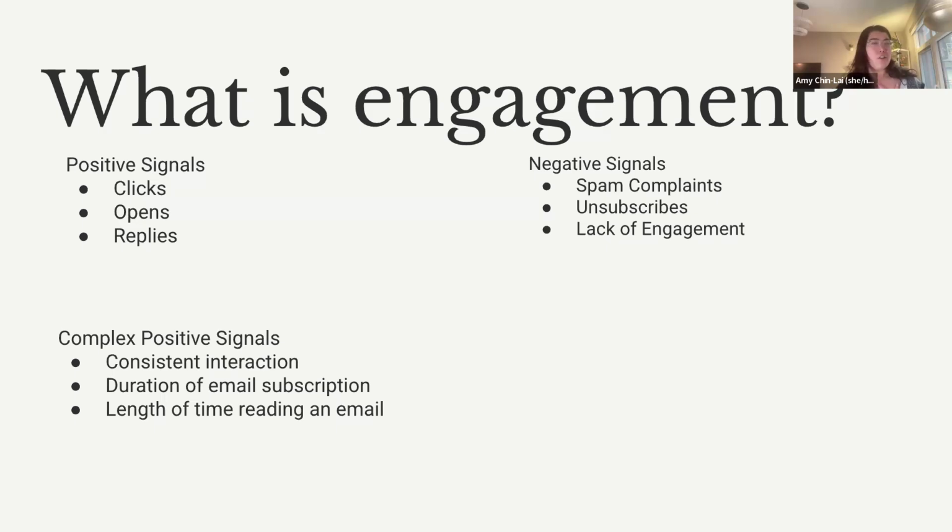Like, we don't know how long someone is reading our email for. If our email is 4 paragraphs long, we don't know if they're just clicking it so that they have a clean inbox or if they're really reading it, unless we know that they clicked or made a donation. But the email provider can see that, and they can see, okay, has someone been subscribed for a really long time, and are they consistently interacting, or is it dropping off? Are they interacting a lot? Did they have a really great welcome series? Is this person new to the list, and now they're engaging a lot?